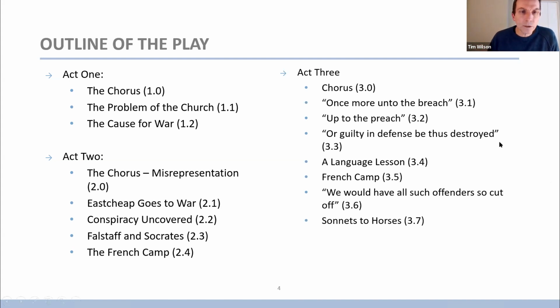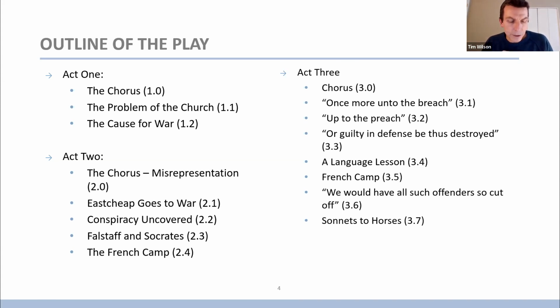And then in Act 1, Scene 1, we have, as I say, the problem of the church presented. We have 2 bishops in that scene who are worried that the church will lose a lot of money if a new law is passed. And they have offered money to Henry to fund his war in France in the hope that with this war he would forget about this potential law that would have negative consequences for the church.